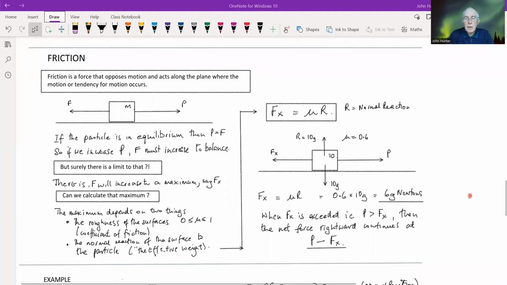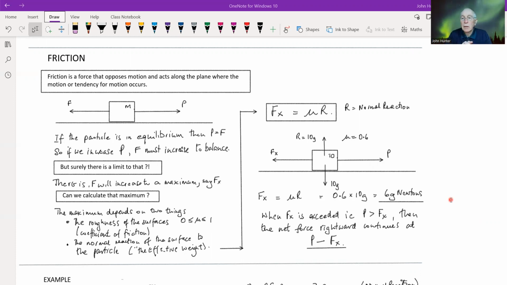Hi, so this is the second part of the third video in the forces section, and about friction. This is the last major concept in the linear forces area. A little bit of a tricky one to get your brain round at first. What is it? Friction. Friction is a force that opposes motion and acts along the plane where the motion or